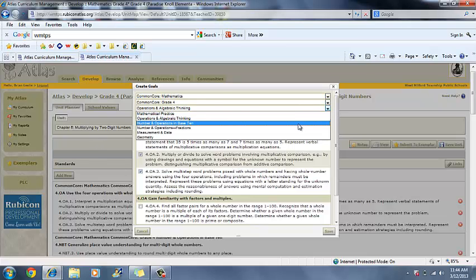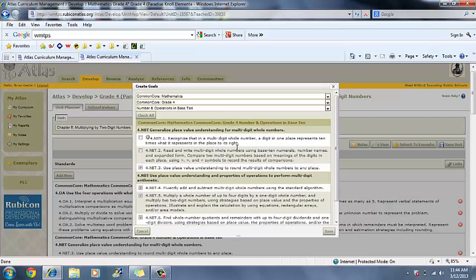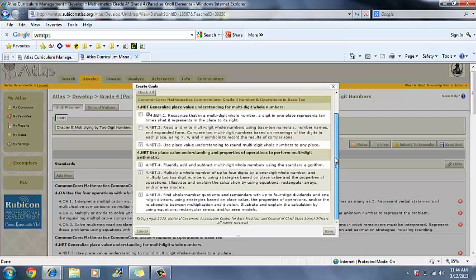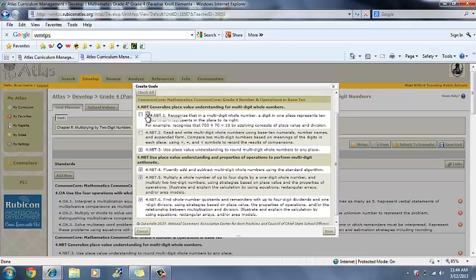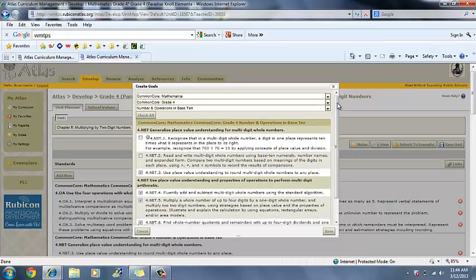But say it was numbers and operations. It's going to update. It's going to tell me every single standard that I need to be teaching. Some of them will actually give you examples, which I think is great. Another thing that you could use if you're looking for examples is the Common Core has actually developed a